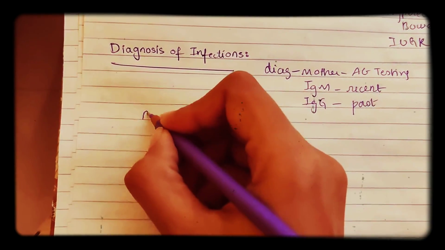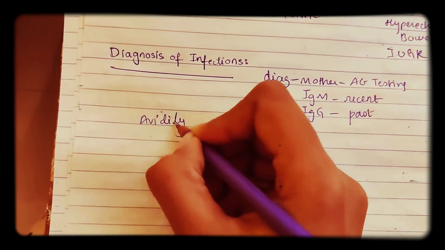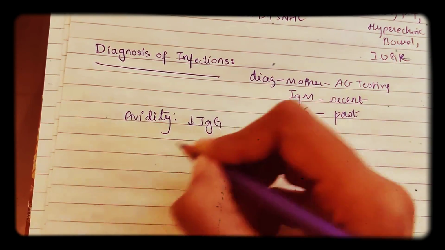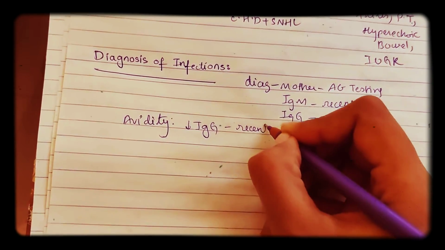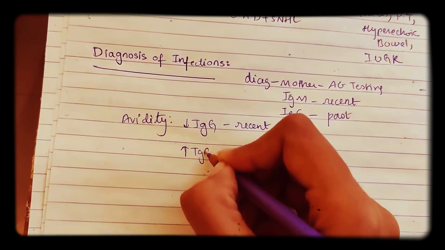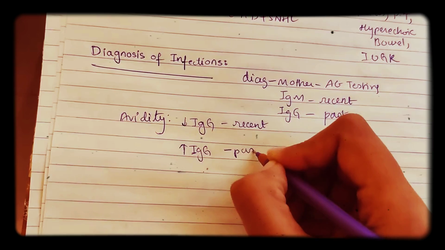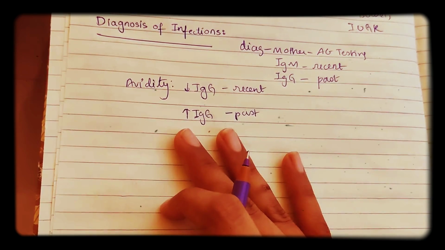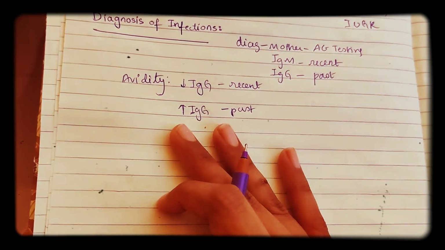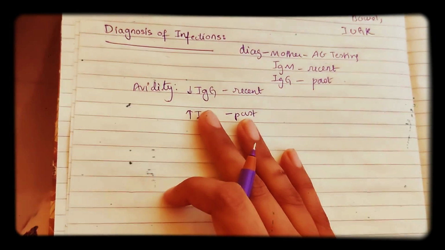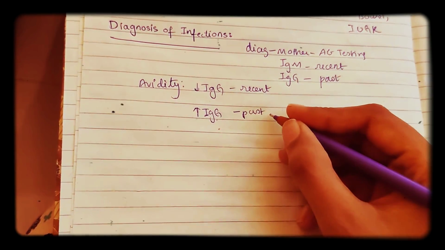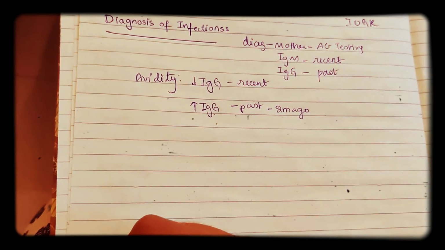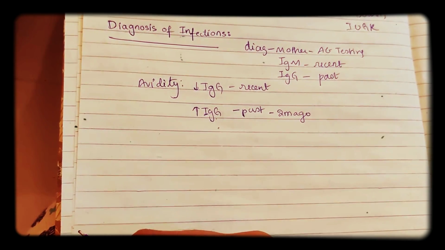Now coming to avidity testing. So what is this avidity testing? Here we especially take IgG values. If the IgG values are low, then you will say it is a recent infection, and if IgG values are high, then you will say it's a past infection. As we discussed just now, IgG takes a lot of time to produce. So if there is a large amount of IgG, then it's a very old infection. If there is a low amount of IgG, then it's a recent infection. Past infection will be at least 2 months ago. So when IgG is high, the infection was at least 2 months ago, and it is a past infection.